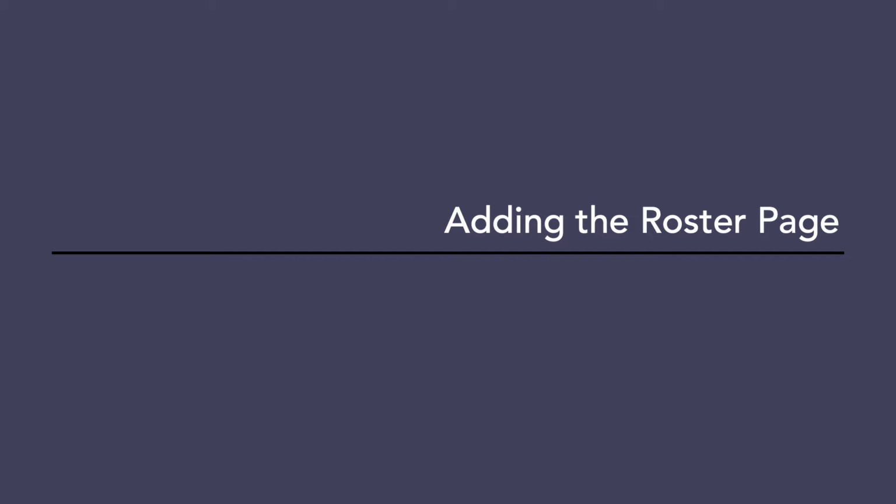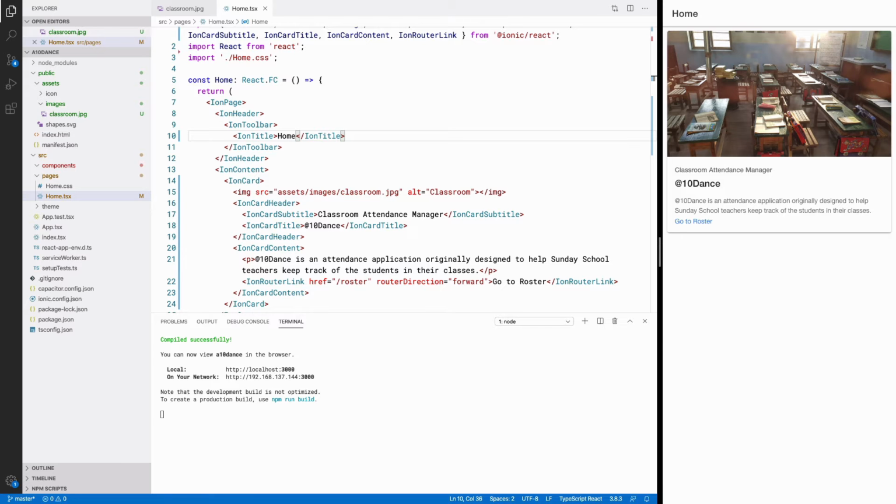By now, you should be comfortable adding Ionic tags into a page, but we haven't created a new page from scratch yet. We'll tackle that now by creating what will arguably be the most complicated page in the application. Back in the code editor, or at the terminal, your choice, create a new file in the Pages folder called